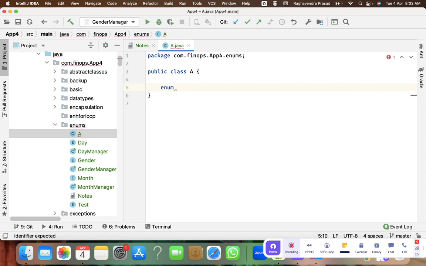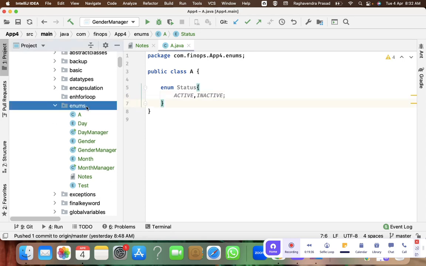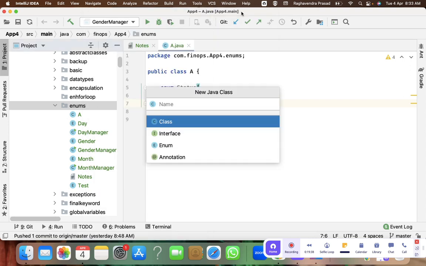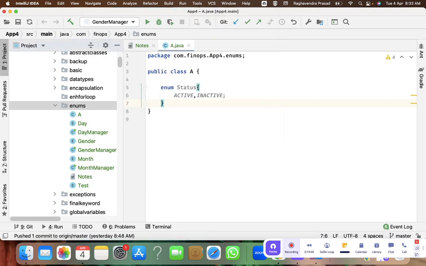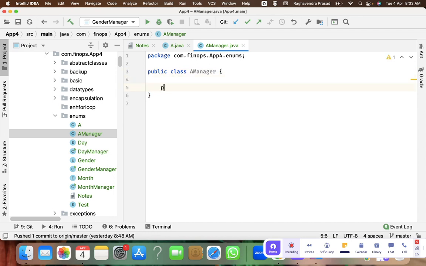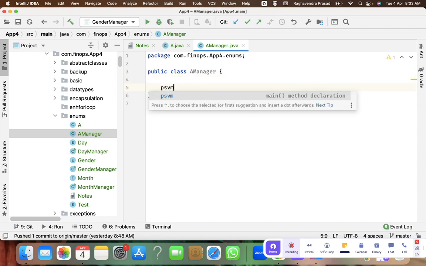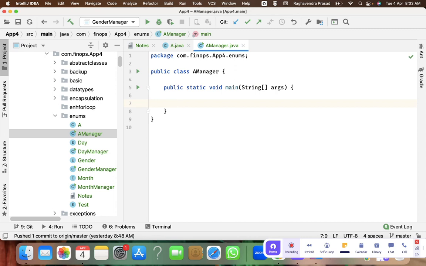Enum P, I would say, or I would say active, and create a manager class. How do we create